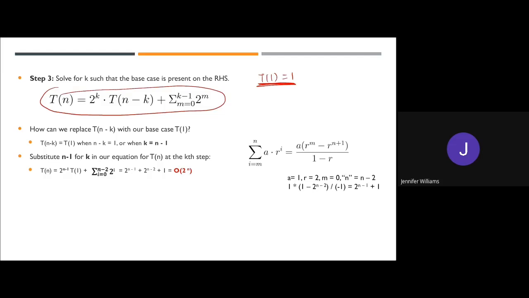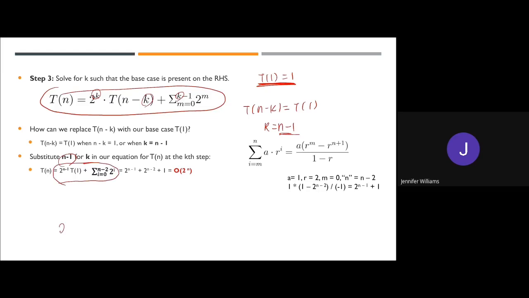That's when T of n minus k is T of 1, which means when k is n minus 1, right? So we're going to substitute n minus 1 for k. Basically we're going to plug in n minus 1 into all the k's here. Okay. So then we should be getting,